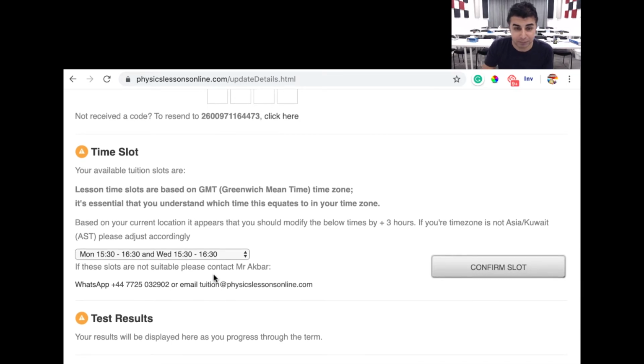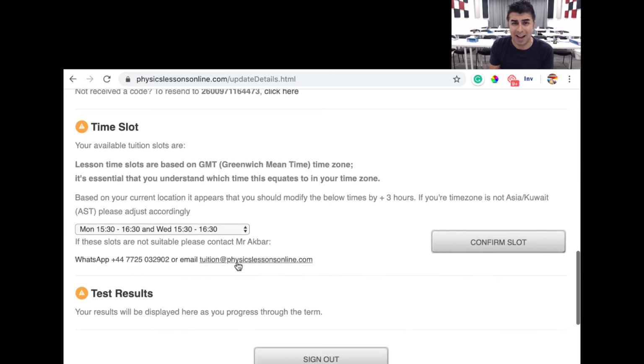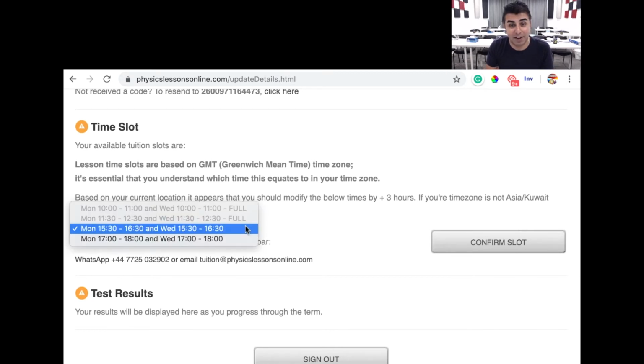How do you choose? So the time slots that are in here are based on GMT, Greenwich Mean Time. The system should pick up where you are and pretty much tell you how many hours you need to add. So the system knows that I'm currently in Kuwait and it's telling me, look, add 3 hours. So Monday 3:30 to 4:30 for me is actually, you add 3 hours onto that, so it's 6:30 to 7:30.